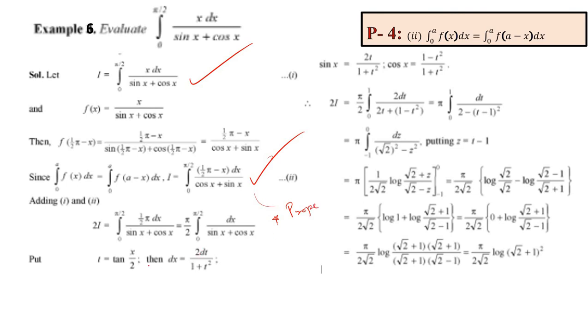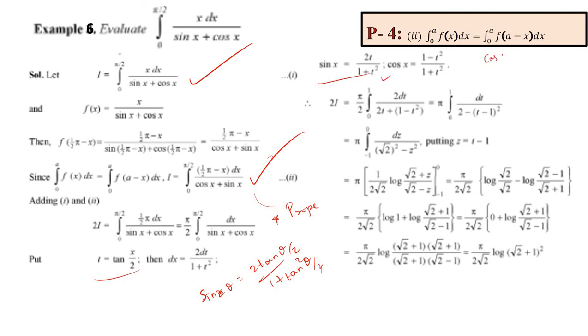Then to evaluate this, what we do is, we know that sin x is given by the sin 2 theta formula. We know it is 2 tan theta by 1 plus tan square theta. So if we want sin theta, it is 2 tan theta by 2 divided by 1 plus tan square theta by 2. So taking tan theta by 2 as t. In this case, instead of theta we have x. So taking t as tan x by 2, we see that sin x is 2t by 1 plus t square,